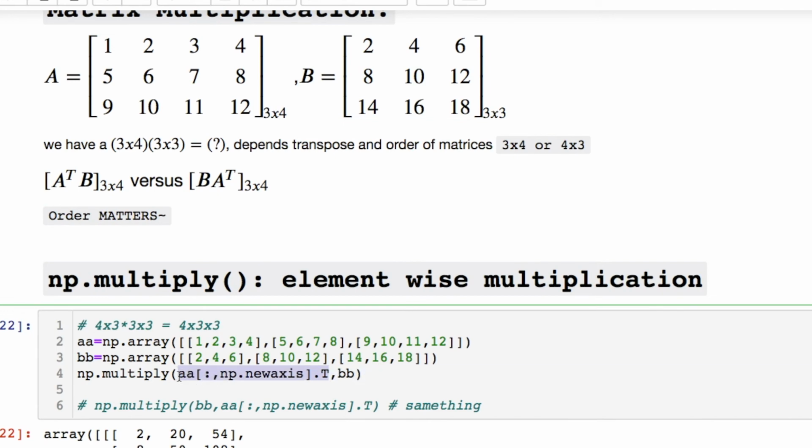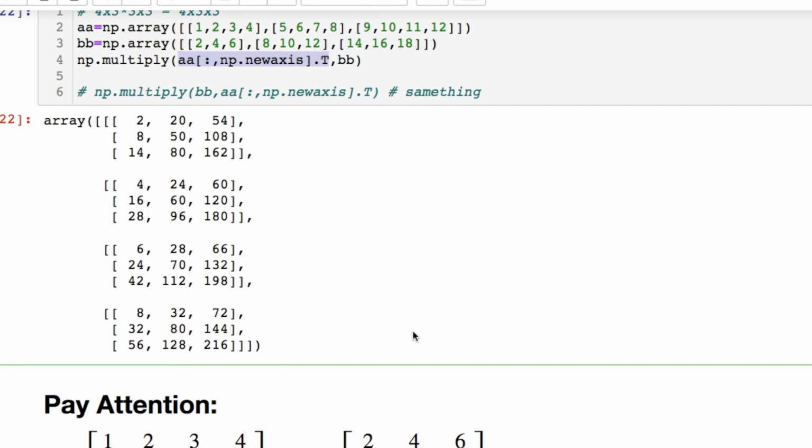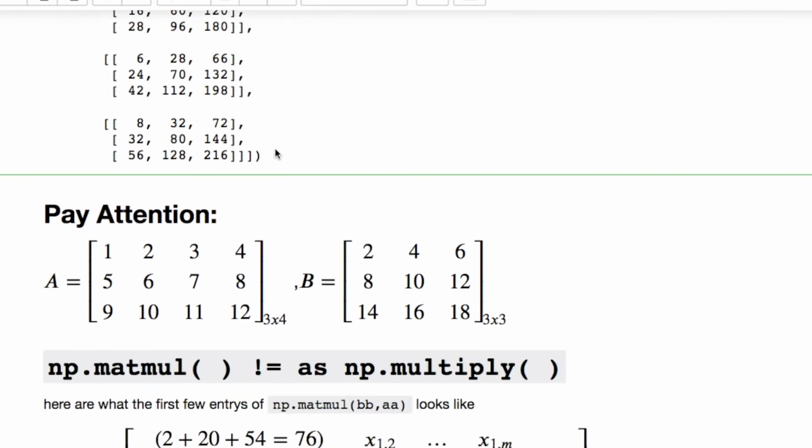And we have to do something that you may have seen or may not have seen. Your matrix, and then you call the bracket, call all rows, comma, and then for your columns, you're changing the columns to saying np.newaxis, and then you're still transposing this. And it'll do the multiplication for every single element that's in these. So you got to be aware of this. If you rotate this and do B times the A transpose with all of that, it gives the same thing for this.